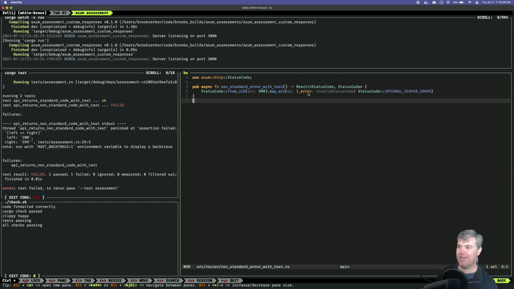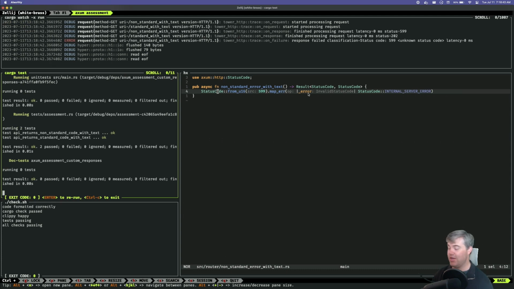Okay, I could do the map error. I don't need the question mark. I don't need the OK around it. Everything's fine because I just turned it into a result that now returns what I expected. And then Clippy told me, hey, stop doing that. Make it better. So if I do this, then anybody who's looking at the solution will see, oh man, that's a better way for me to do it.